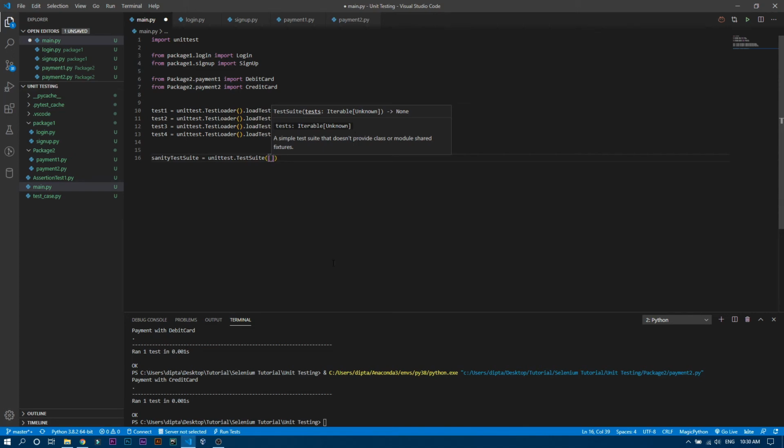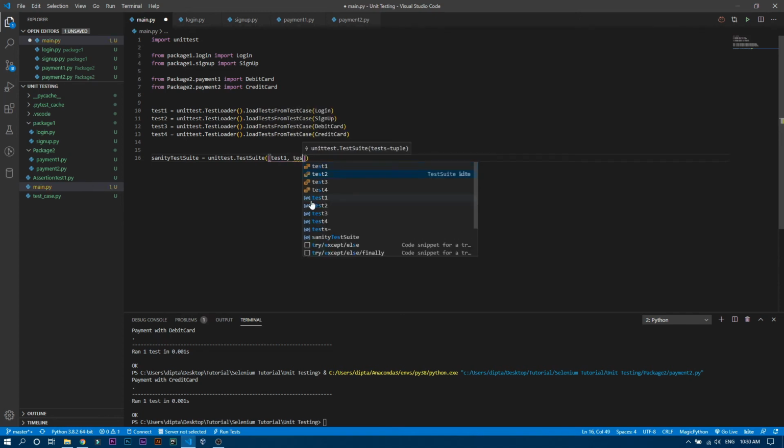Okay, for example, we want to perform this login and payment with debit card, right? So for that you just need to pass over here test 1 and then test 3. Okay, so we are passing a list of the test cases in this test suite method, right?